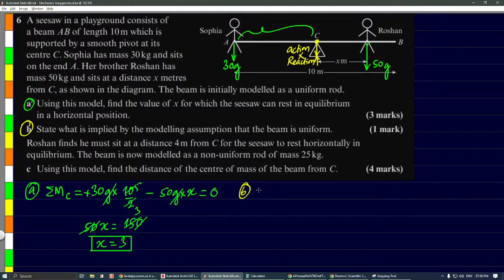Okay, what is implied? It implies that weight